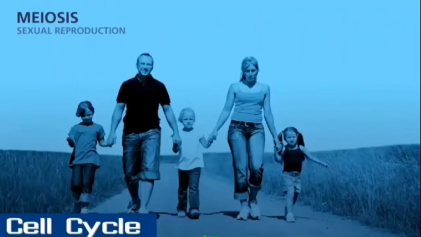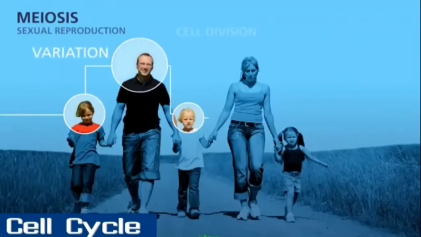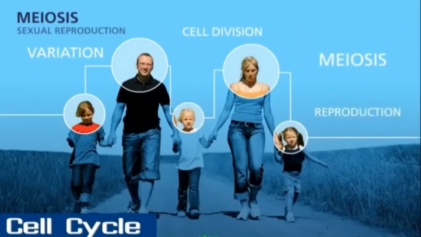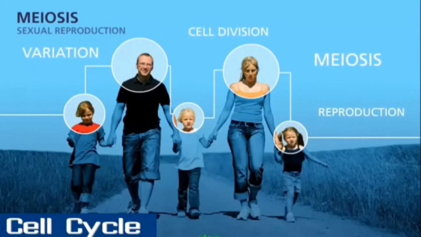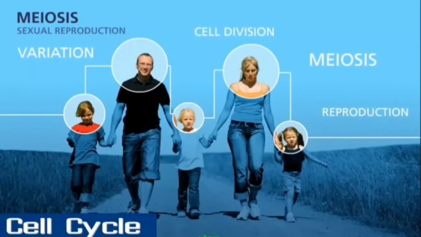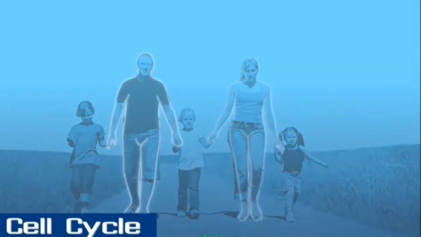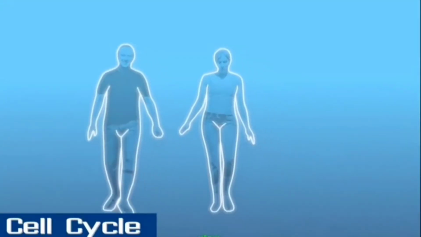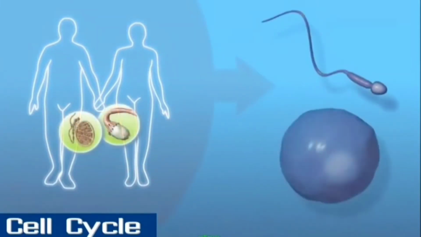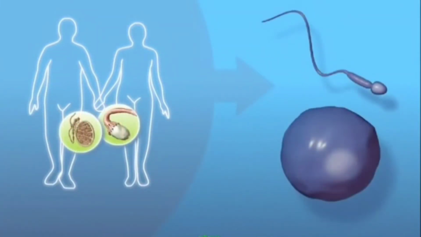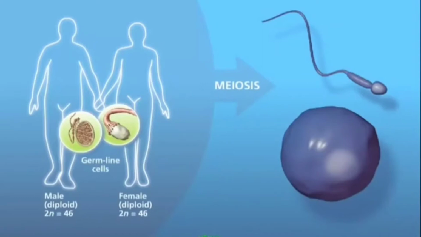Have you ever wondered why children do not look exactly like their parents and why some siblings look so different with each other? The answer lies in the process of meiosis, which generates the gametes for reproduction. Meiosis is the process by which haploid cells are produced from diploid cells. For this to occur, the chromosomes must be correctly sorted and distributed in a manner to create genetically unique cells with half the number of chromosomes as the original cells.